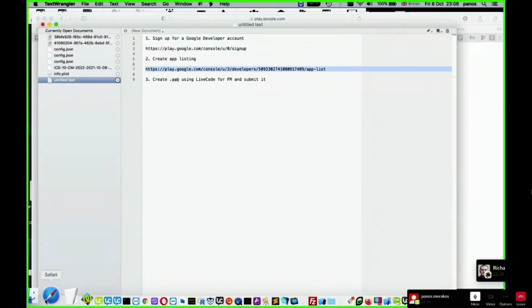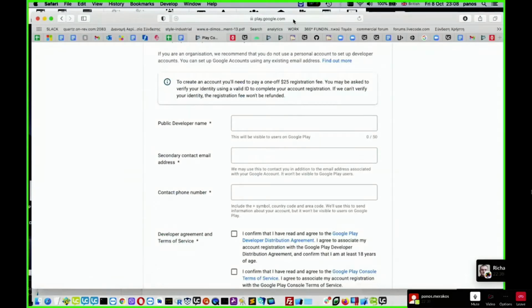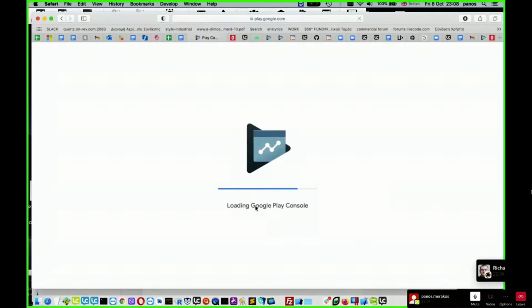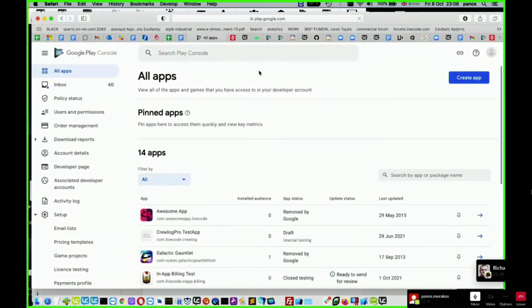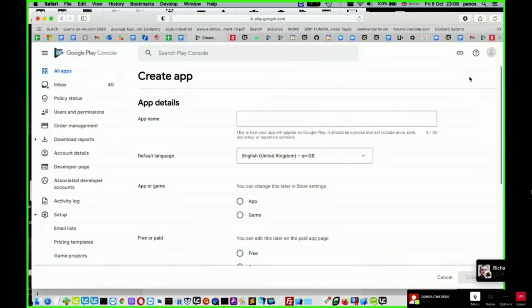So if you visit this link, this is the Google Play Developer Console. I have several apps here. If it is your first time, you'll have no apps at all. So you click here, Create App, and you have to enter the app details, some basic details such as the name.